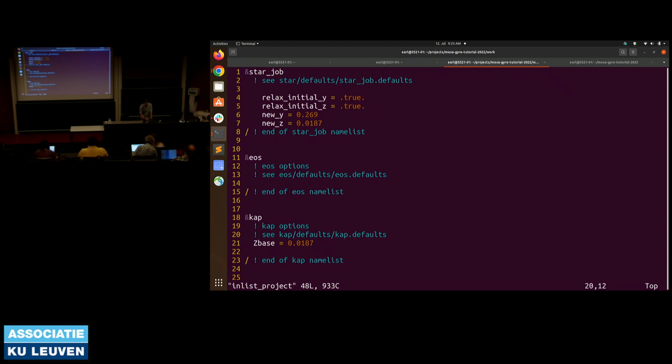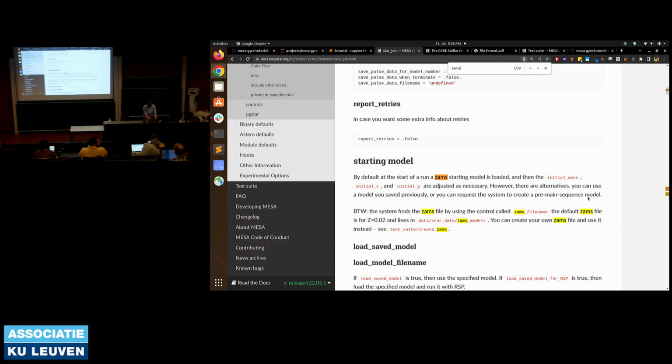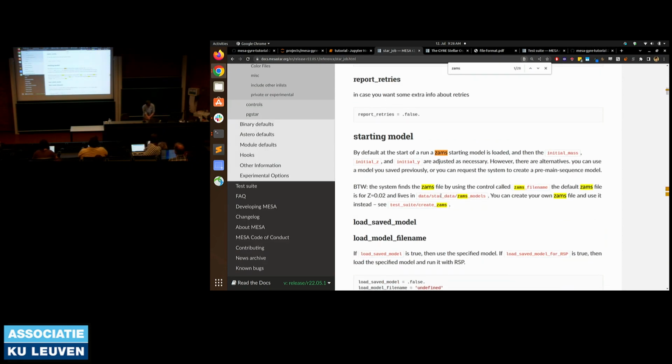So you said it takes a one solar mass starting model, finds it on file, and just adjusts it a little to the new composition. Yeah, exactly. Where does it find that initial model? Yeah, there's this ZAMS directory. We can see this in star jobs, so ZAMS models. In data, star data, ZAMS models, those are where the